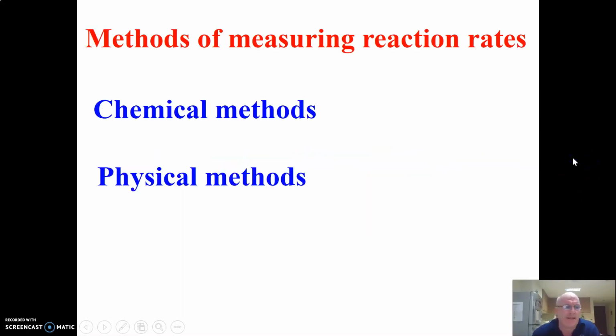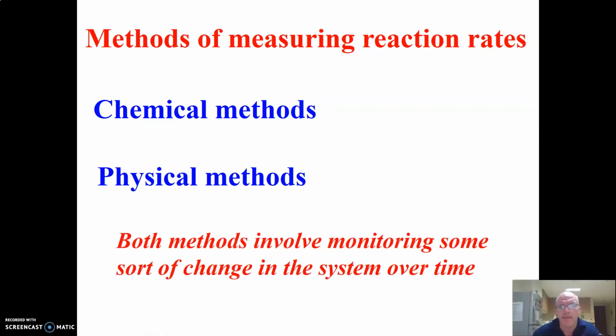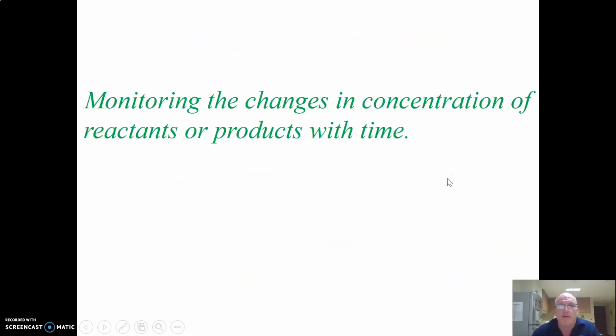The first thing to tell you is that there are chemical methods and there are physical methods. And what I mean by chemical methods is you literally monitor the concentration of a reactant or a product as the reaction is happening. And it's a very messy method, okay? With physical methods, you don't do that. You can sit back and fold your arms and just record data that you see appearing on a thermometer or a data logger or whatever, okay? But both methods involve monitoring a change over time, okay? So this is the first one, the chemical method, monitoring the change in concentration of reactant or product with time,